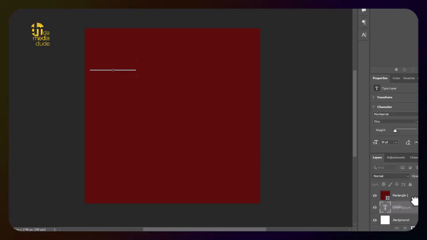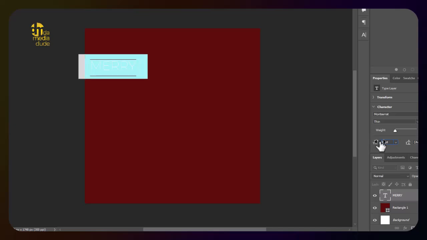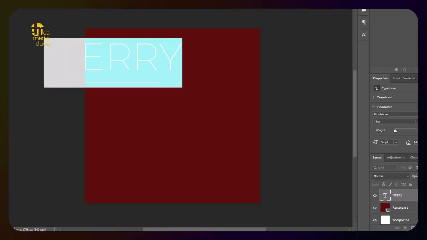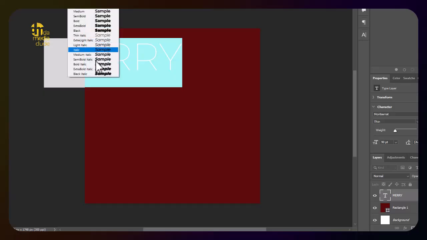No, you can't see that, as I'm going to adjust this. Like I said, I don't want to make this class too difficult. This is 8 Montserrat. I'm going to increase the font size here, or you can even type in the figure you need. I'm going to make this 90, and then I'm going to change the Montserrat style from thin to